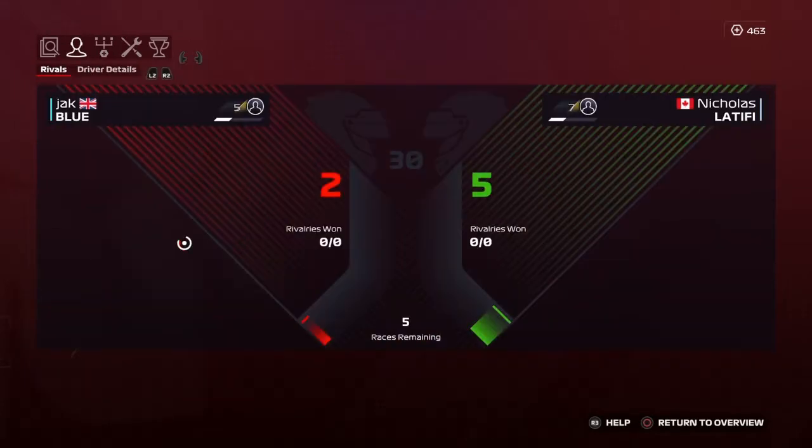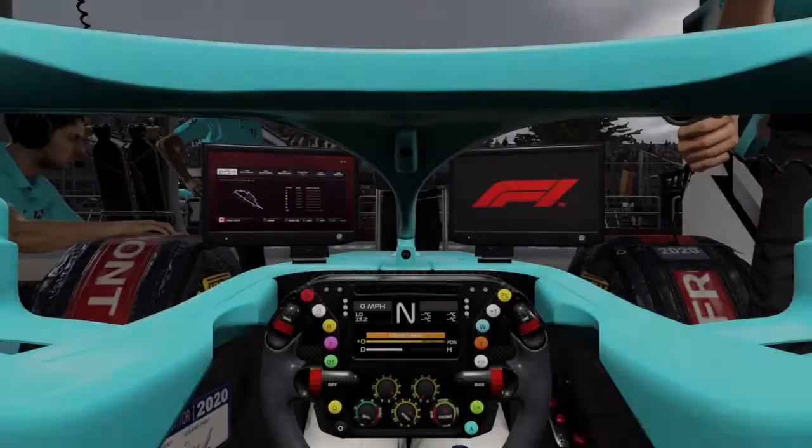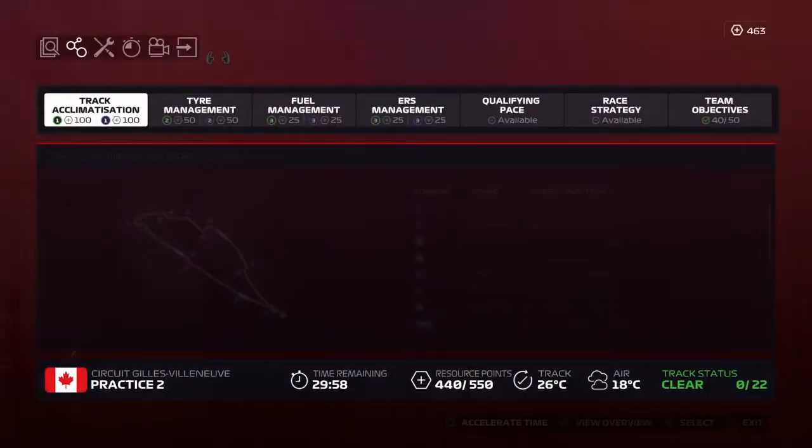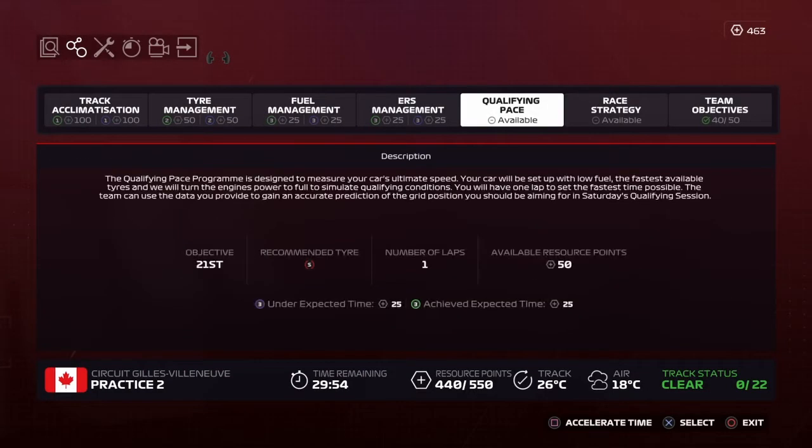So we're going to go into FP2 and do our race run, and then after the race run what we've got to do is change the engine. Obviously in FP1 we did quite well, so